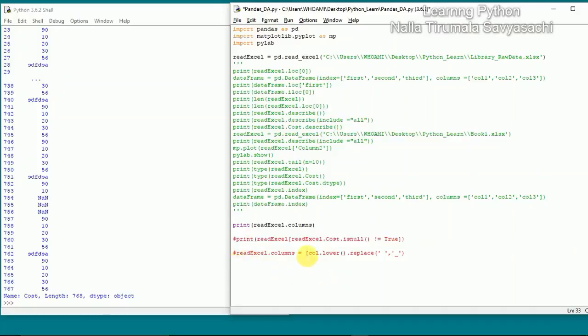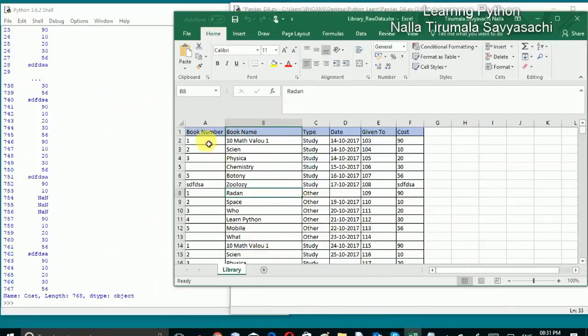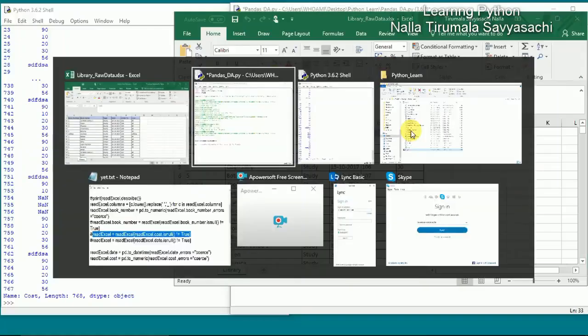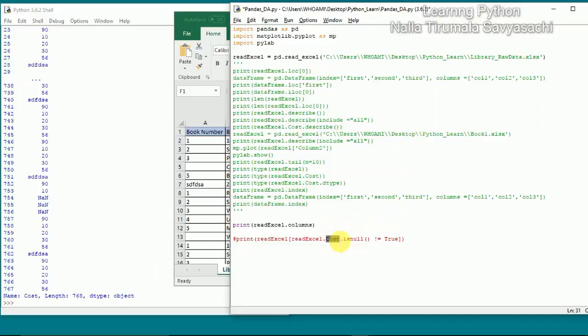So now what I will do is, if you observe, our data frame, this raw data, contains 6 rows, right? Book number contains one space as well as book name contains one space, but type, date and cost don't contain any space, so I can easily access those column names without modifying them. In the same way how we access cost, if you try